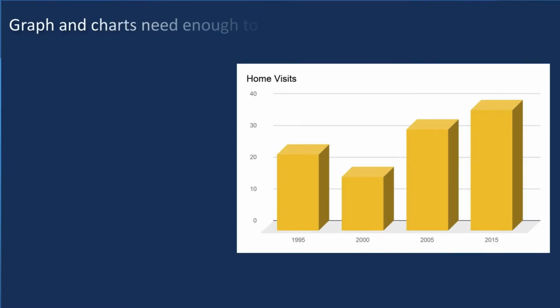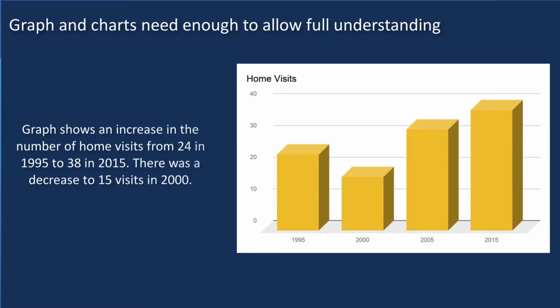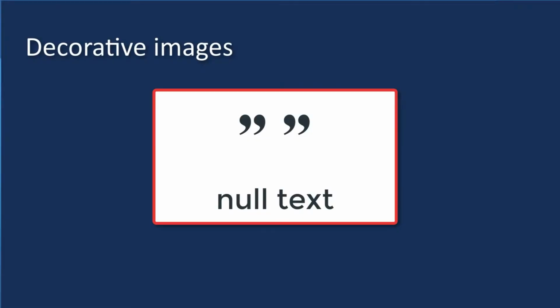An image of a graph or chart is an exception. You must include enough information to allow the user to understand that graph or chart just as a fully sighted person would. For images that are decorative or that are already very clearly described in the text directly near it,